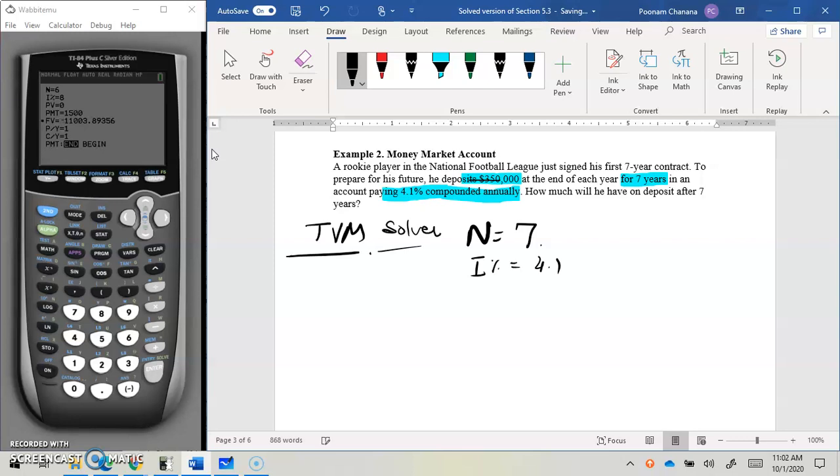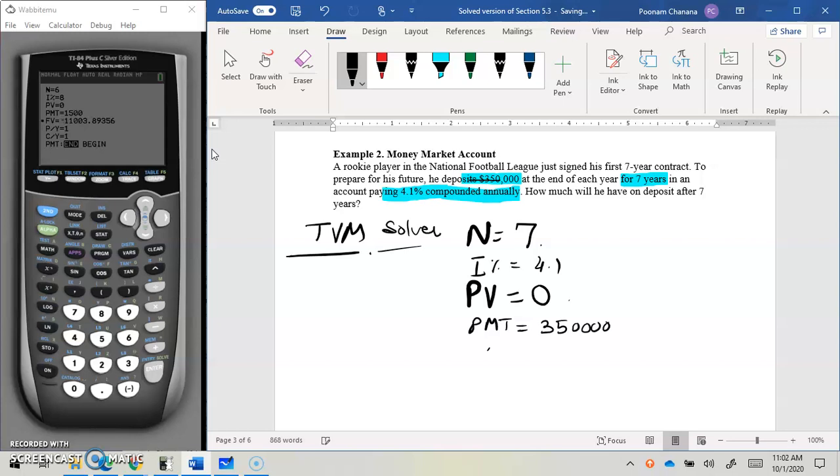4.1% compounded annually. Annual payment and annual compounding. Next, what is in his account right now? Nothing. He is just starting this account. So present value is 0. Payment. How much is his payment? He's making payment of